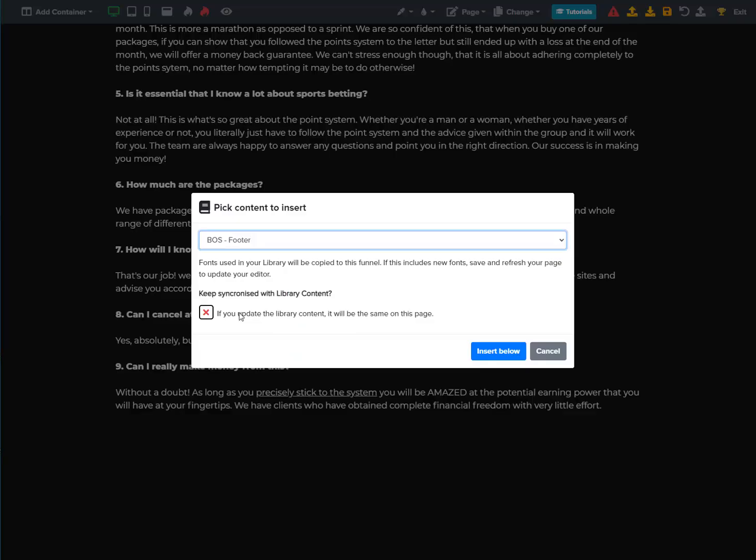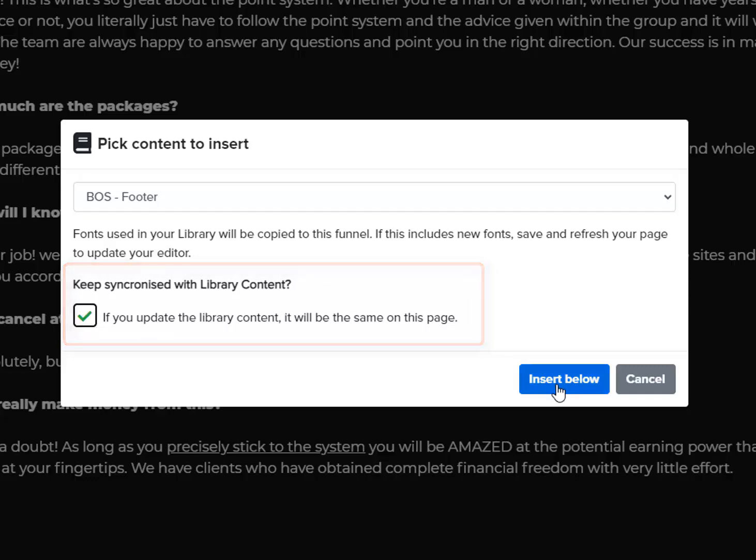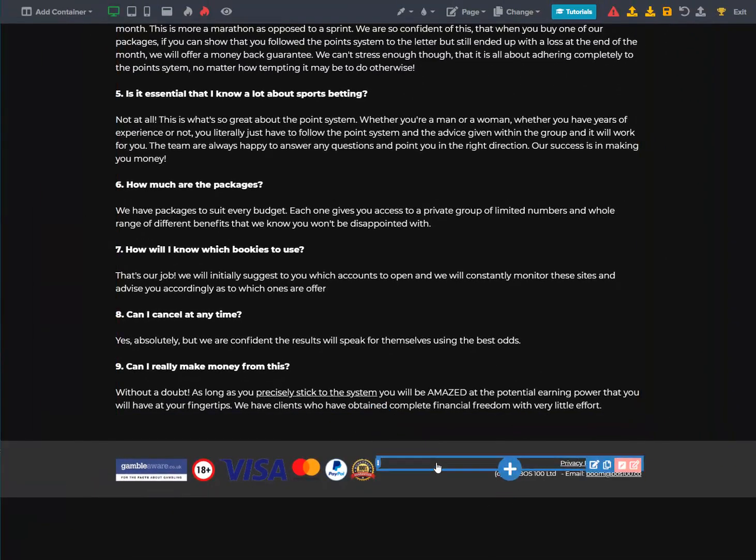Keep synchronized with library content. If you tick this box, then if you make any changes to your library content, it will automatically reflect onto all of the pages where it exists. If you don't tick it, it'll act like before, where the content is not synchronized, so any changes to the library will not be reflected on the page, and different circumstances call for different choices. So in this case, I want to synchronize it. So I click on Insert below, and now this is inserted on the page, and I can save it, and